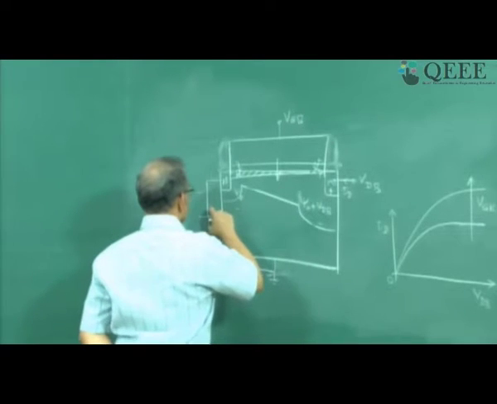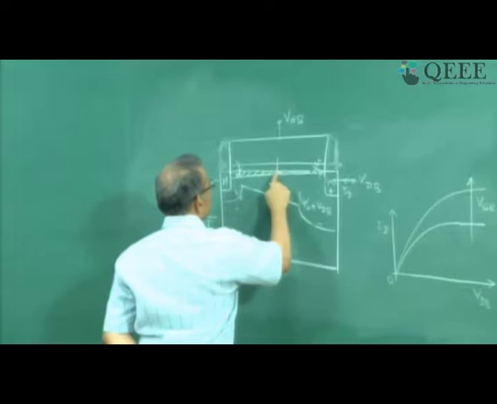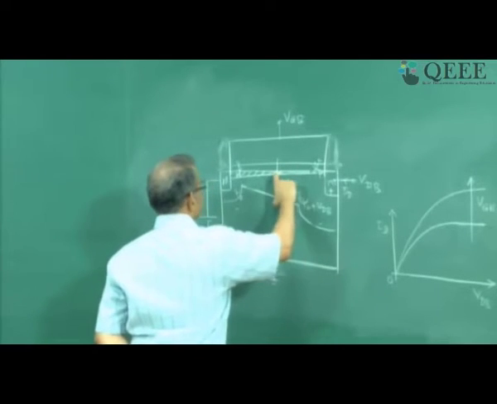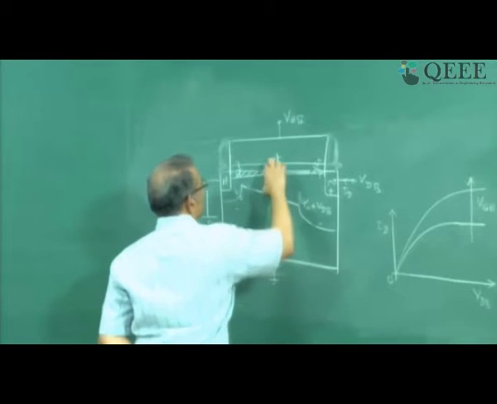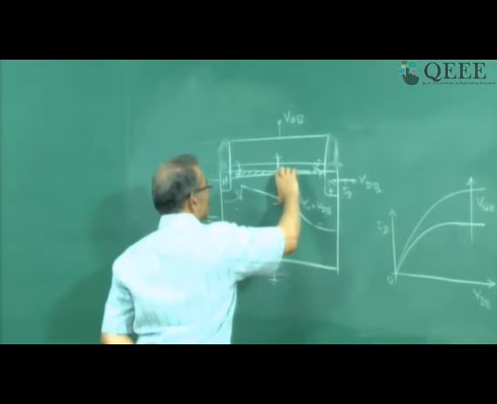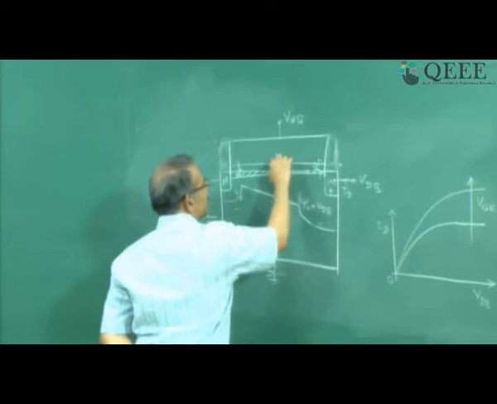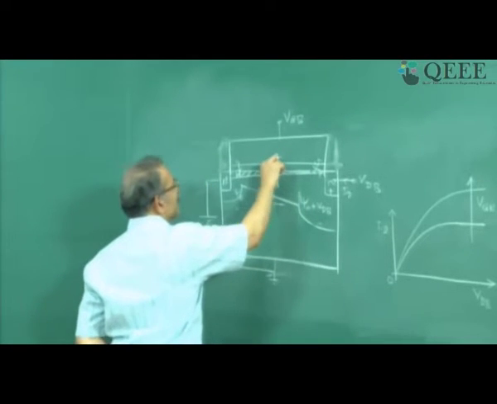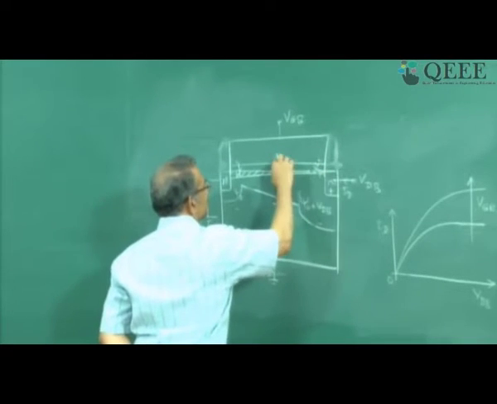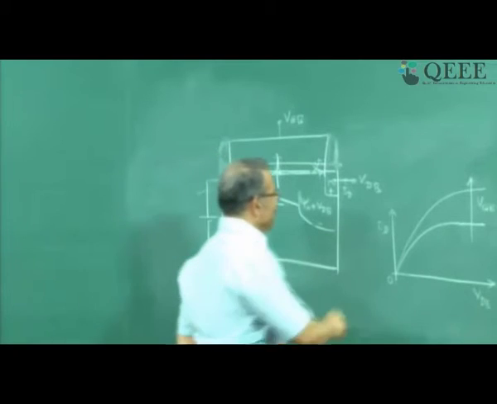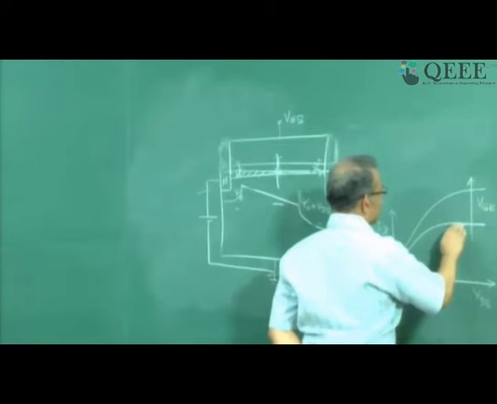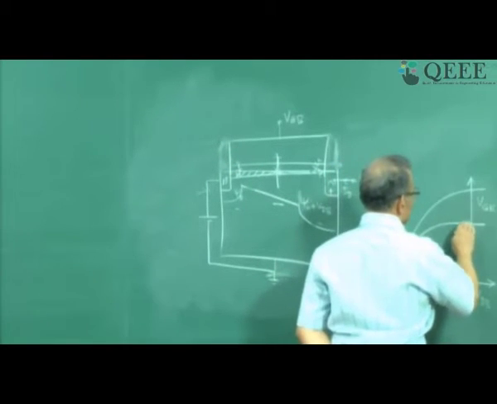So what are you doing? By introducing a power supply, you are increasing this part of the voltage, right? But this voltage you are keeping the same, the total voltage. If you increase this part of the voltage, then this part of the voltage will reduce, right? So as we discussed earlier, if this part of the voltage reduces, this field will reduce and the inversion charge will reduce. So if I were to sketch ID versus VDB for a different VBS, let us say this was my VGB,